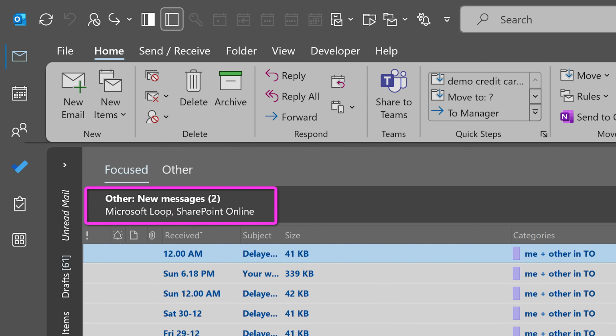Now, how does Outlook know which mails are less important to you? That's where AI comes into the picture. Outlook has built-in AI which decides, based on the way you handle mails, which mails should be kept in Focused and which mails should go to Other. Now sometimes it does make a mistake, so start noticing which mails go to Other. You see a list on top, and if a mail which is important to you goes into Other, say